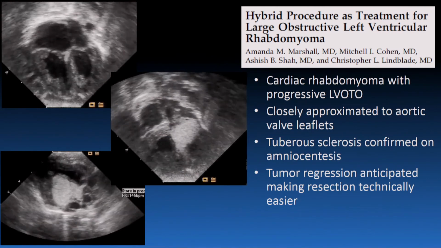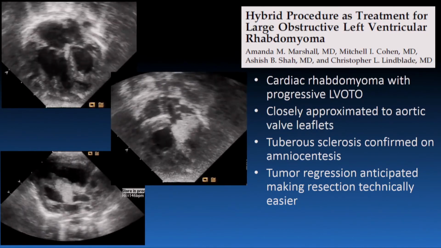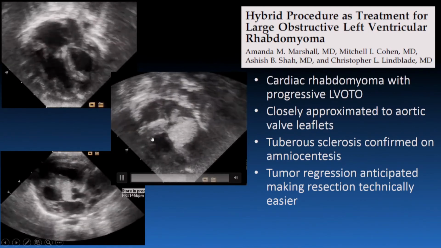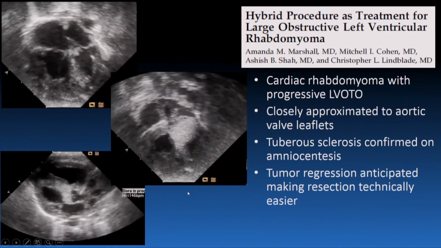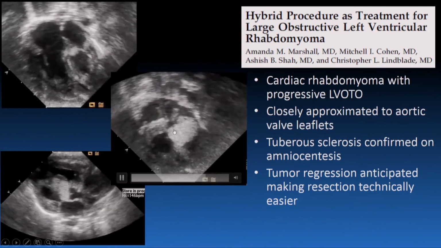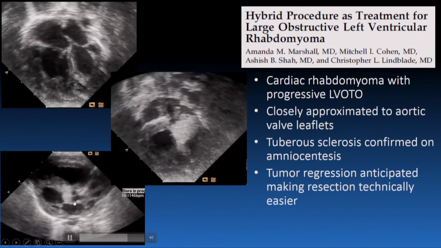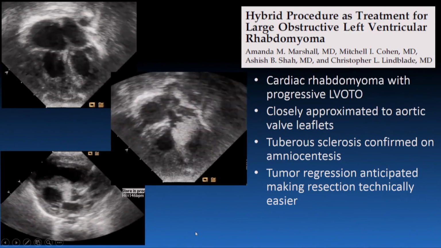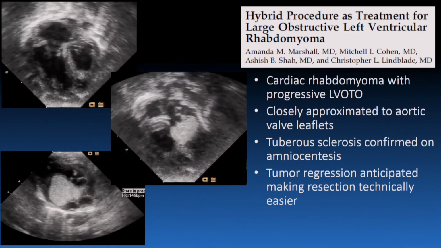Postnatally, you can see that the LV is moderately hypoplastic with the right ventricle forming the cardiac apex, and again how closely approximated this was to the aortic valve leaflets, both in the apical view and then along the parasternal long axis view. The patient did have an amniocentesis that confirmed the TSC1 gene,